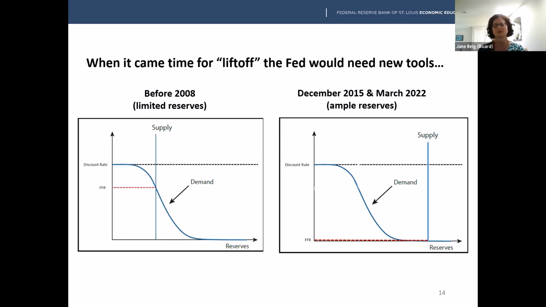So now the old tools of open market operations, where you move the supply curve a little bit to the left or a little bit to the right, are not going to affect the Fed funds rate anymore. And you can see that. Look to the right, move your supply curve a little to the right, a little to the left. Your Fed funds rate, where supply intersects demand, is just not going to change. So what are the new tools? Okay. The next slide